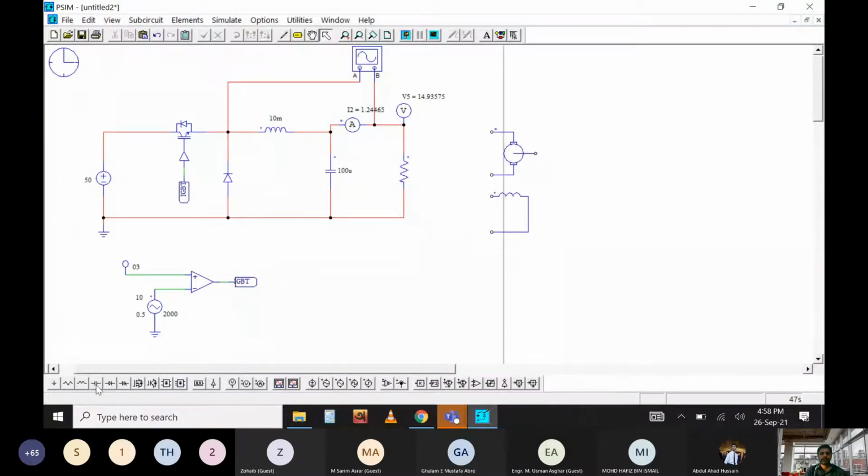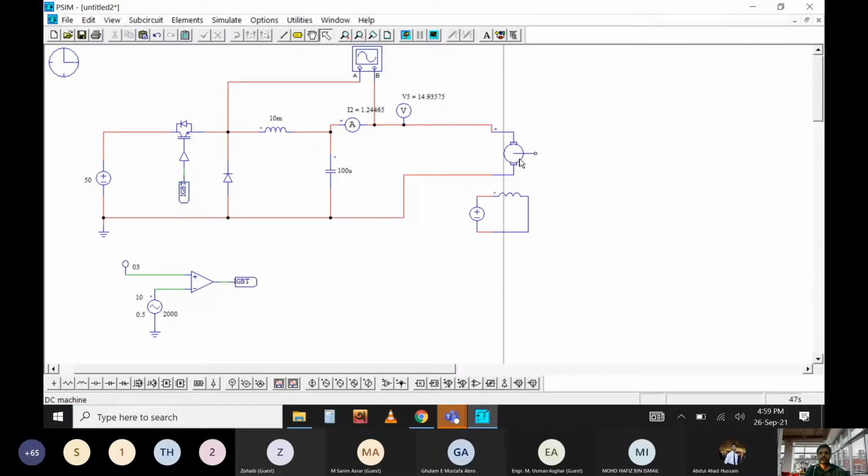For the field circuit, let me put a simple DC voltage source so that I don't need to worry about the field circuit. That means it's more like a permanent magnet motor or a fixed field DC motor. I'm only controlling the armature. I am employing the armature voltage control technique to regulate the speed only here. So that means the armature flux is constant. I don't need to worry about the field circuit.